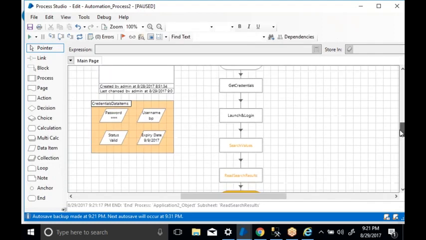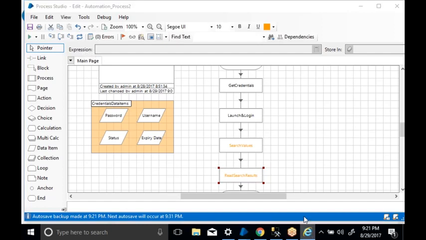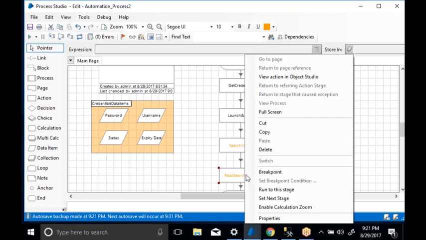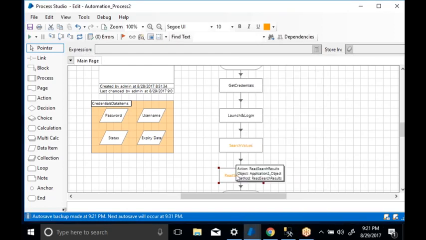And you have one more option. I don't want to execute one by one, F10, F10, F10. If I have 10 different stages, do I want to press F10 ten times? No. What I can do is put a breakpoint here. How to put the breakpoint? Right click on a particular stage and select the breakpoint. You can put the breakpoint like this.